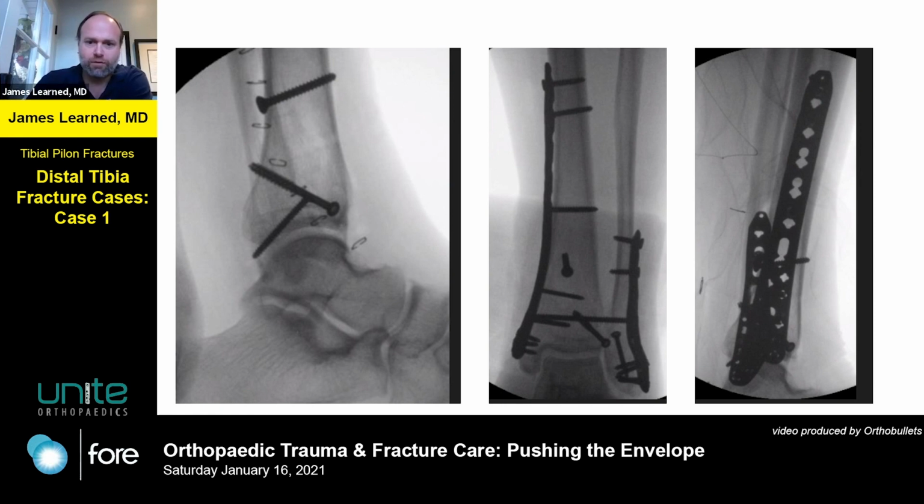So once you've got those lag screws doing their thing, we want to protect them. We want to give them the ability to do what they're good at and not ask them to do something they're bad at. So protect against rotation and translation and just allow them to compress. So here's a nice plate along the medial side, some short locking fixation into the distal part of the injury, some